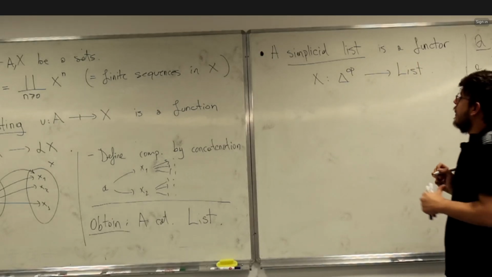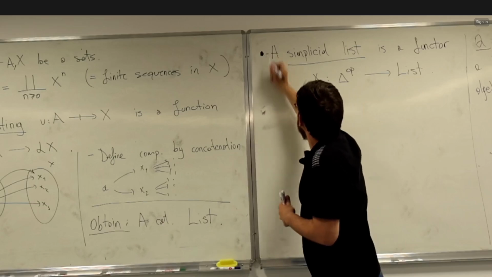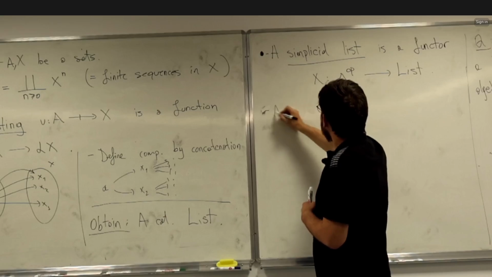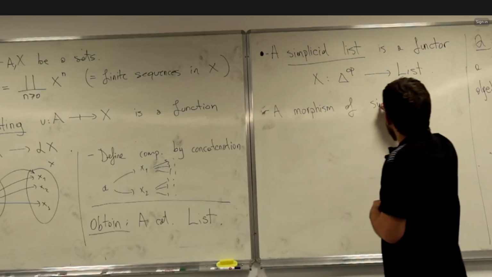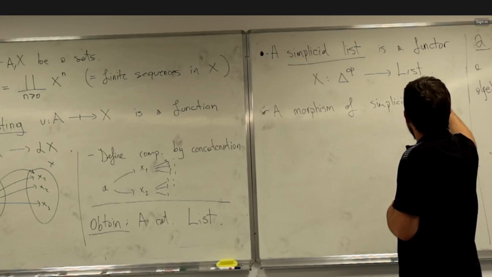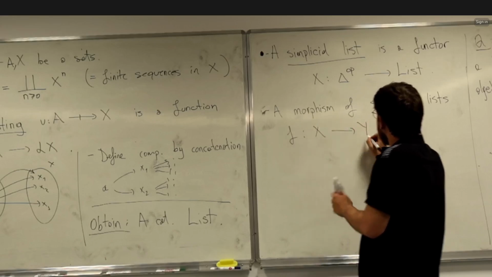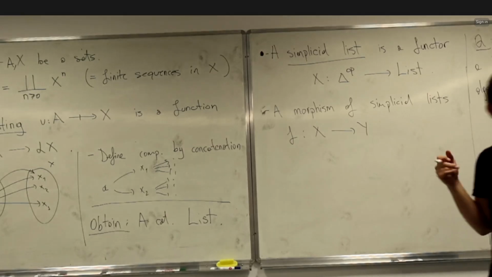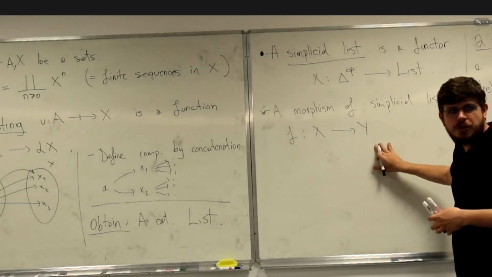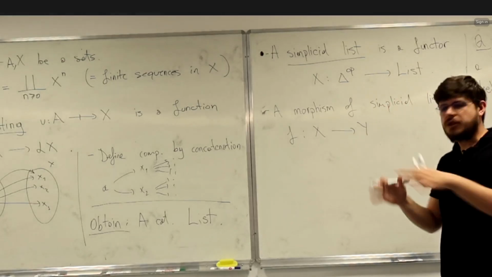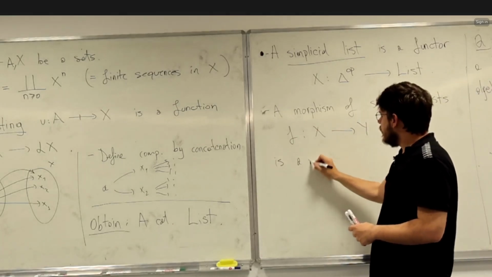Okay, and let's see here, a morphism of simplicial lists, say f between X and Y. Now for simplicial sets, we say it's a natural transformation. Not really what I want here. Okay, so what we want these morphisms to do is to have functions as components, not these multi-valued things. So I will say it is a natural transformation of two such functors such that